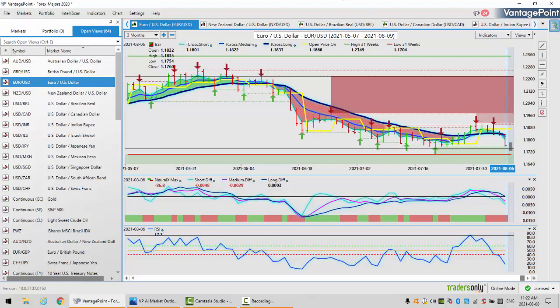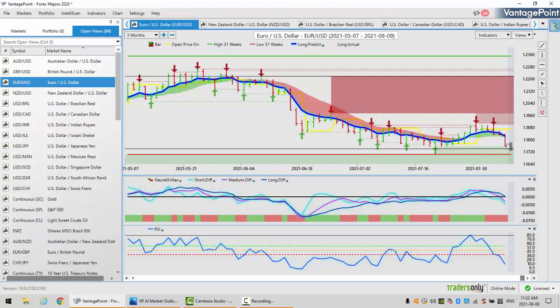But keep an eye on these levels to begin the week. T-cross long is 118.33. When we click on our long predicted and use that predicted moving average by itself, it is 118.22. So we know exactly where to sell this thing from, right? Now the predicted high for Monday is only 117.80.